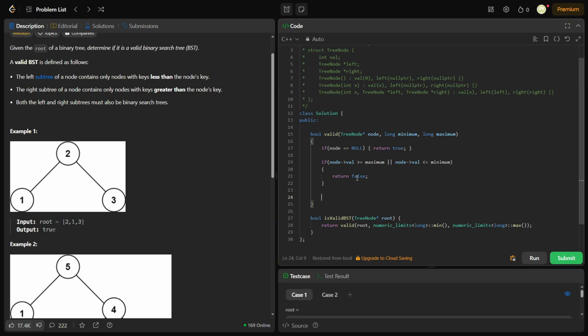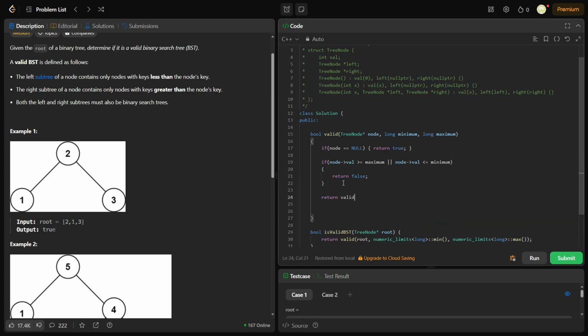Now we're returning false here, but conversely, you could make sure not to return false, but just to make sure that, you know, node.val is less than the maximum and node.val is greater than the minimum, and then do something if that's the case. Otherwise, return false. Right? People structure their code differently for this problem depending on whose solution you look at, but this is just how I structured mine. So